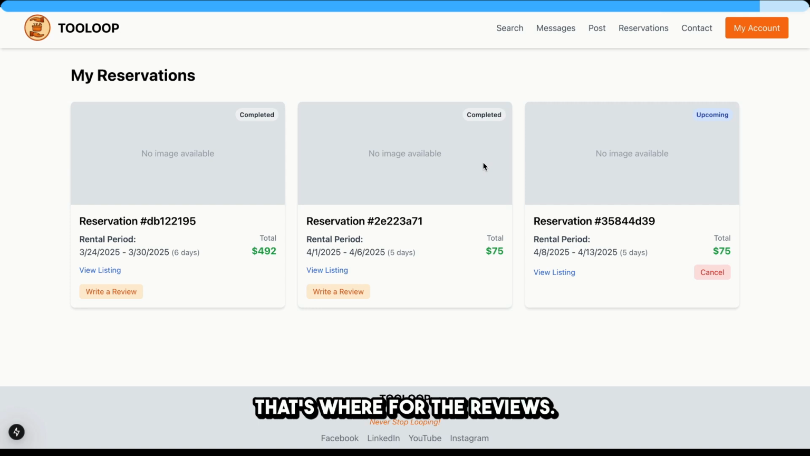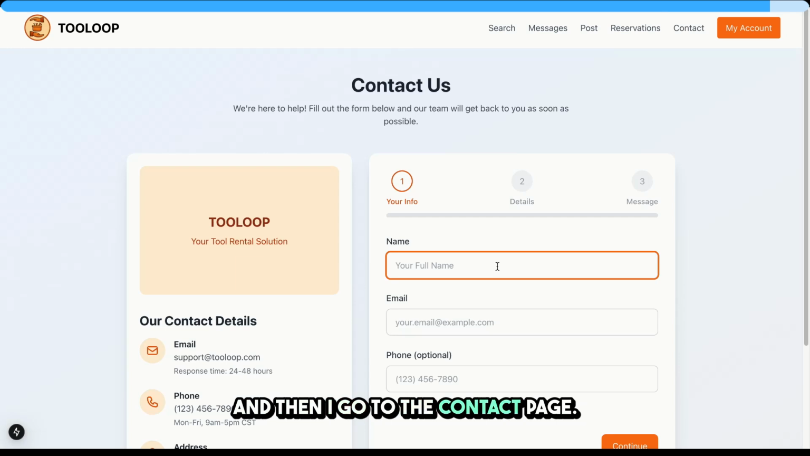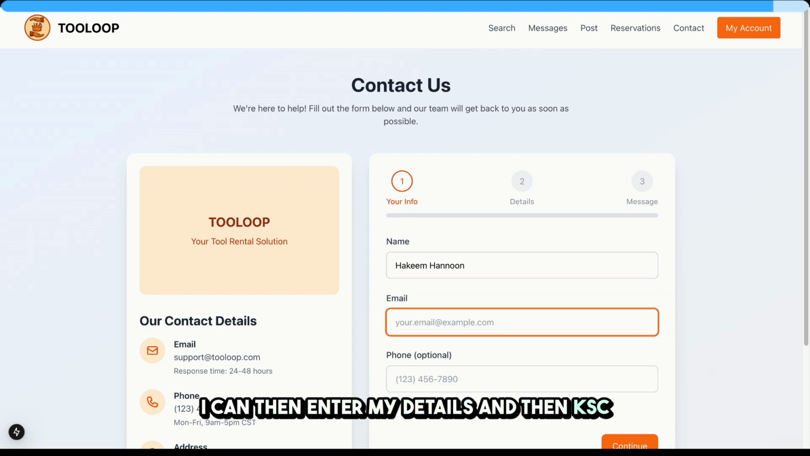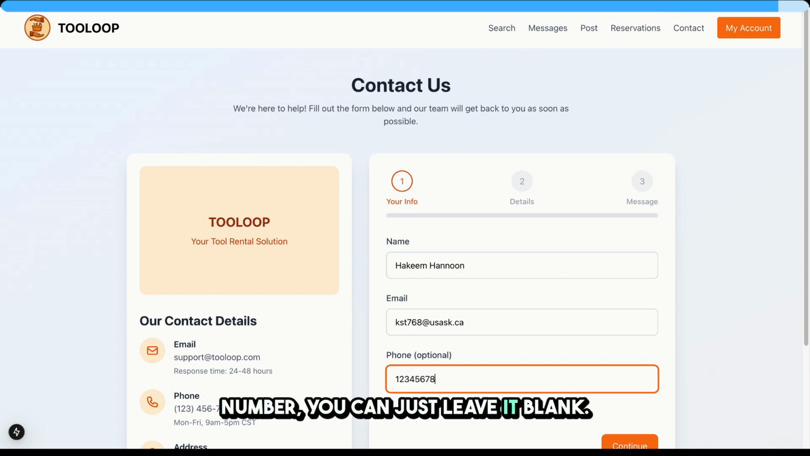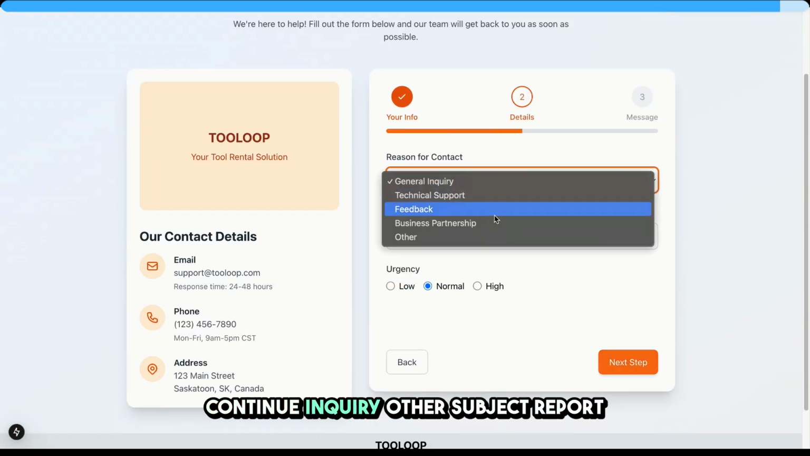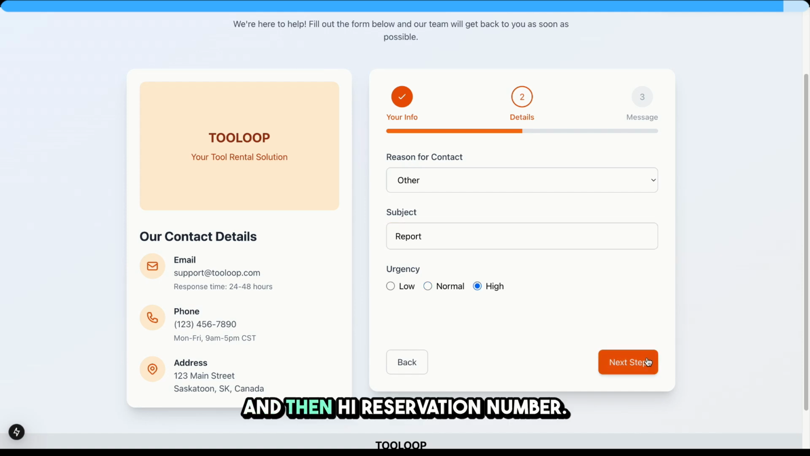That's for the reviews. If I then want to submit a report, say this listing is suspicious. Well, actually, this one, I got scammed at the first one. So I just grab the reservation ID, and then I go to the contact page. I can then enter my details. My phone number, you can just leave it blank. Continue, inquiry, other, subject report, and then, hi,